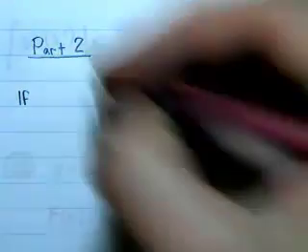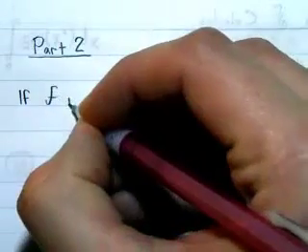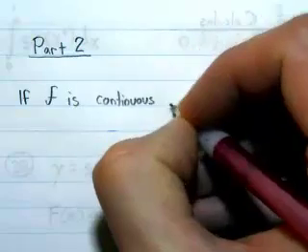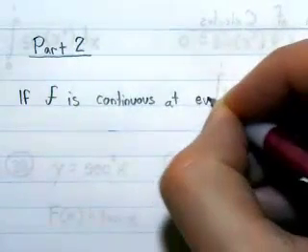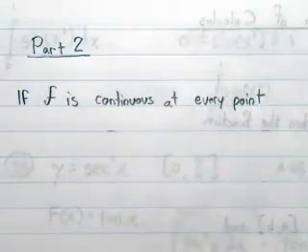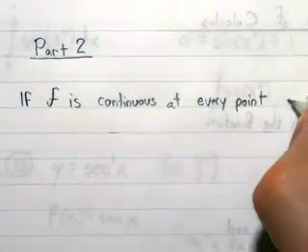Okay, so here let's take a look at part 2 of the Fundamental Theorem of Calculus. And this part you guys have kind of sort of already investigated as well, but it's good to get it just written out in words here for you. So it says, if f is continuous at every point of the closed interval AB,